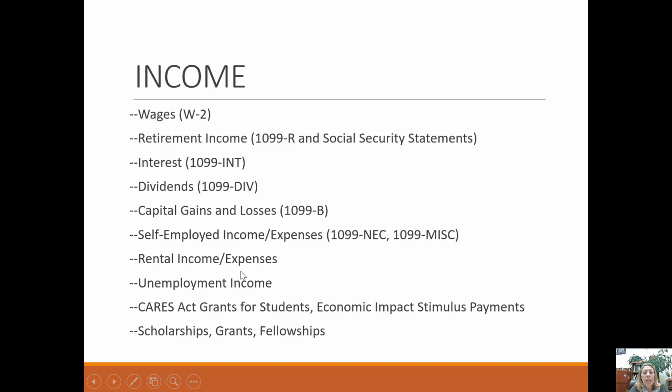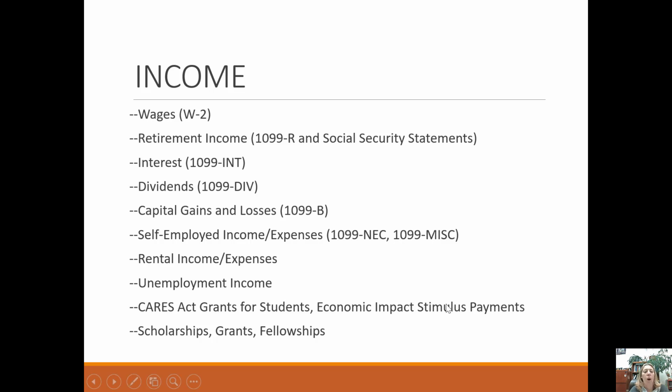Okay. Rental income and expenses. We're not going to go deep into that, but normally rental income is reported on a 1099-MISC, and then it's also reported on Schedule E. Unemployment income has its own form. It's called a 1099-G. Okay, and then we've already talked about economic impact stimulus payments and the fact that they're non-taxable, but CARES Act grants for students, and then scholarships, grants, and fellowships are reported on a